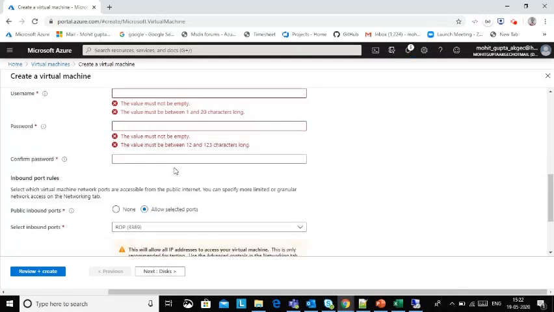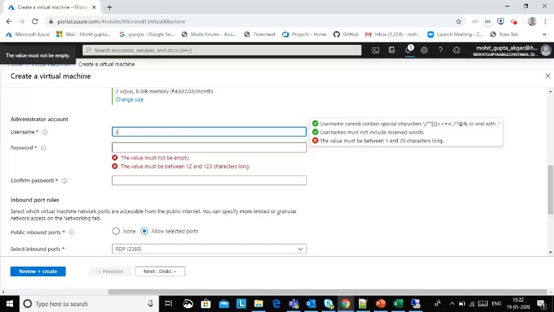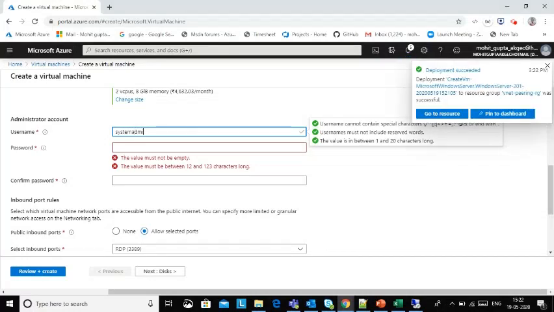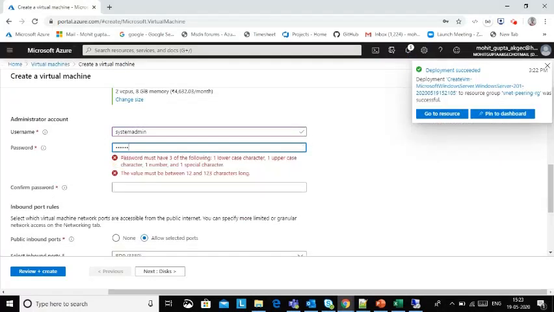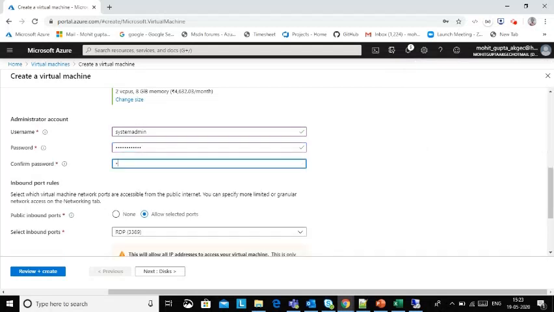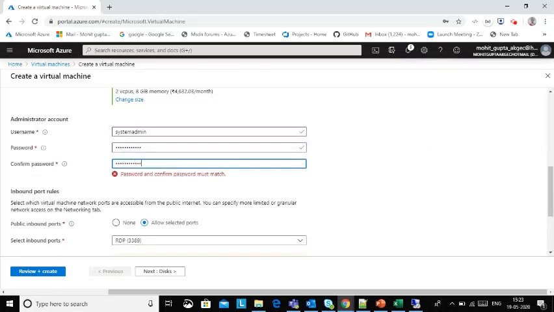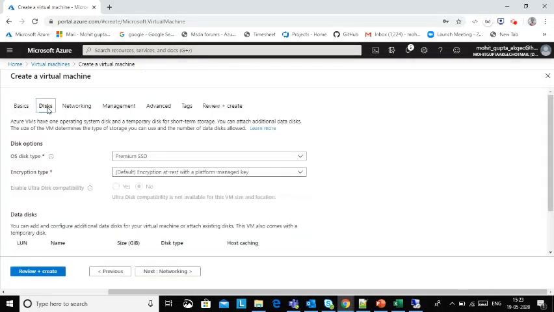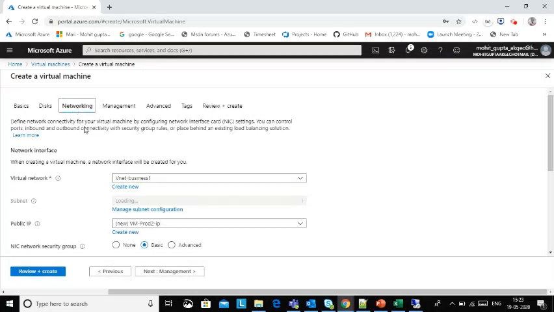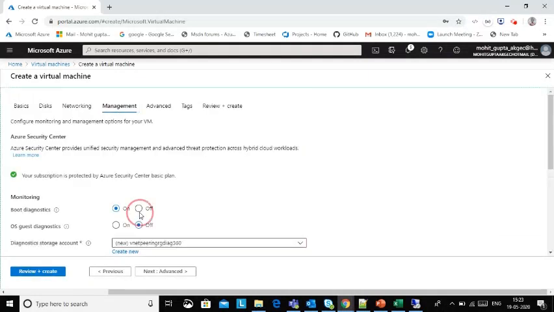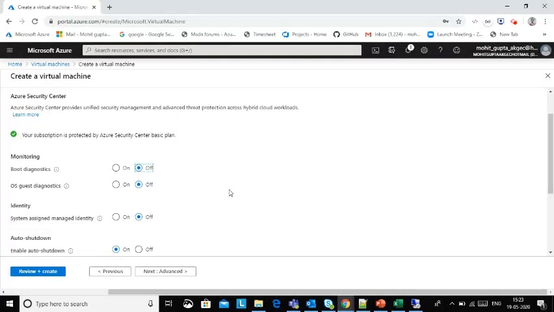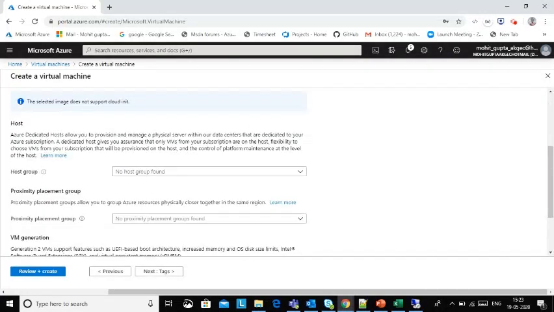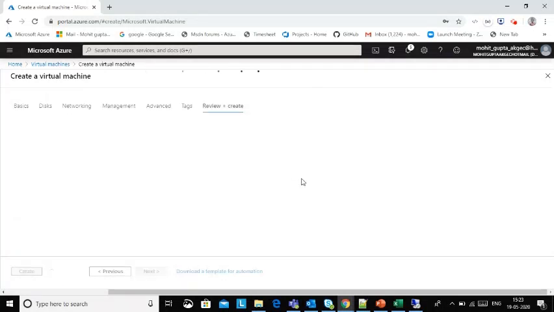Windows 2019, then the username and password, and RDP. Here I'm going to select business 2, then management, putting boot diagnostics off.